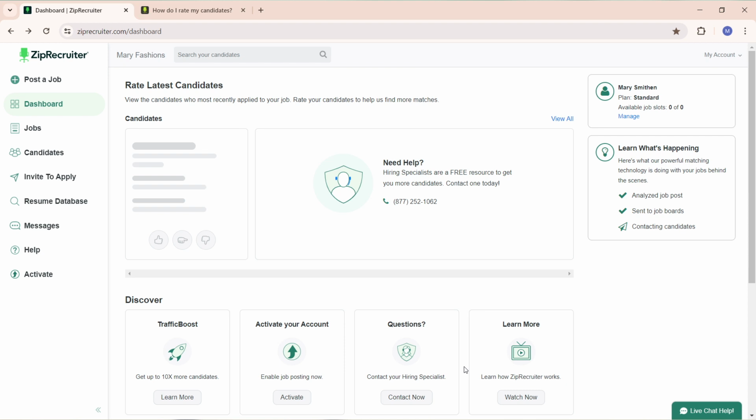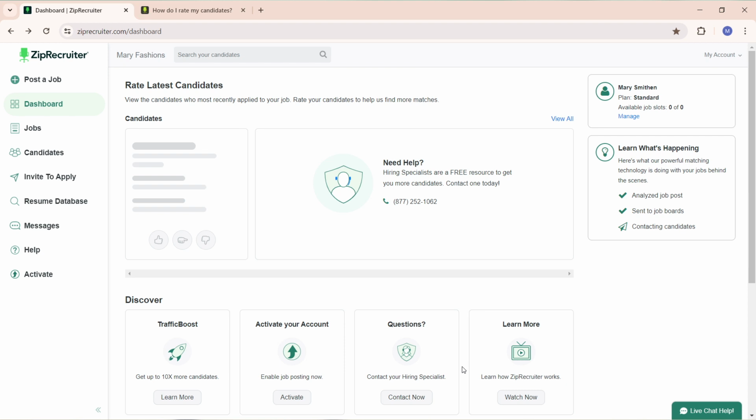I'd like you to know that Ziprecruiter is a job site that aims to match businesses with the right people for their open roles. Its AI matching finds and reaches out to specific job candidates to apply for your open position as soon as it goes live. So now that we know a bit of what Ziprecruiter is about, let's quickly learn how to